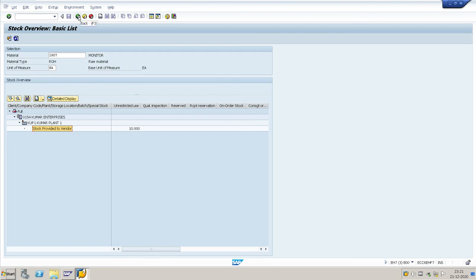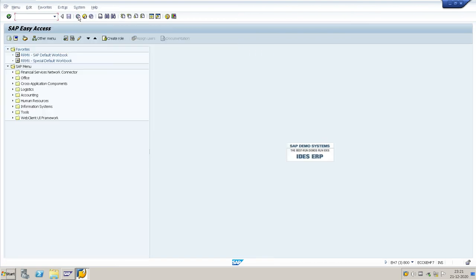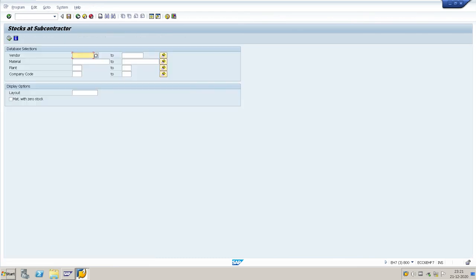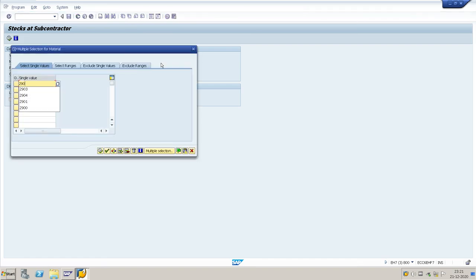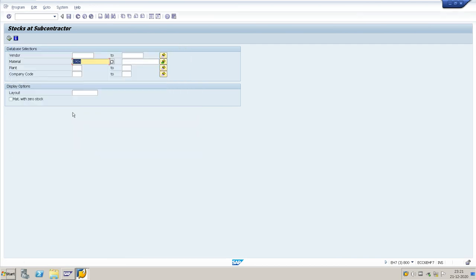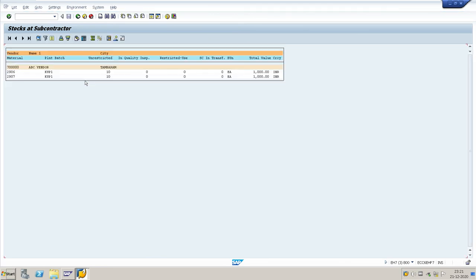If you want multiple part numbers in the subcontractor stock, use T code MBLB. Enter the materials 2906 and 2907 and the plant. You see the vendor is ABC vendor, the part numbers, and the quantity available at the vendor.